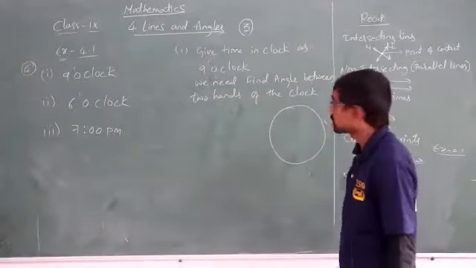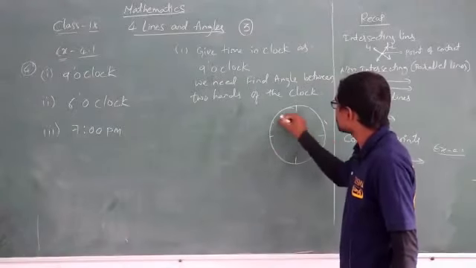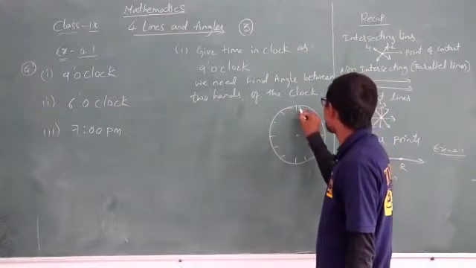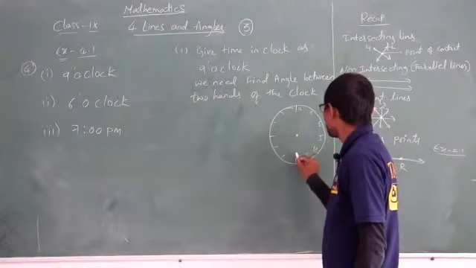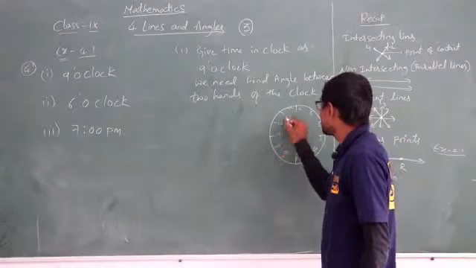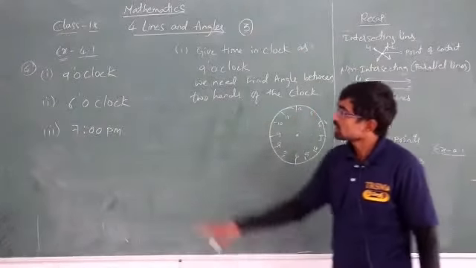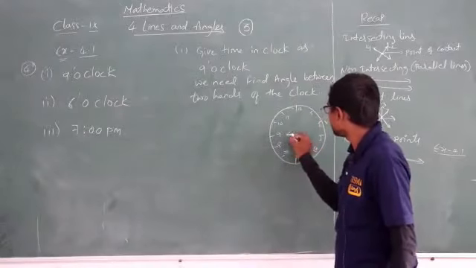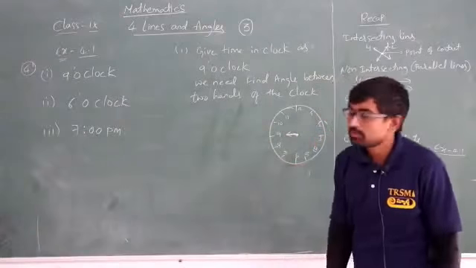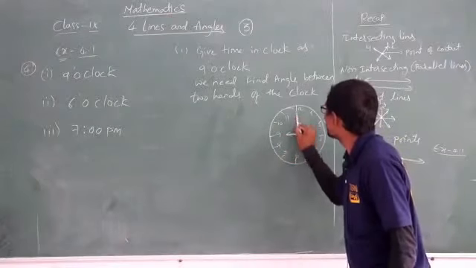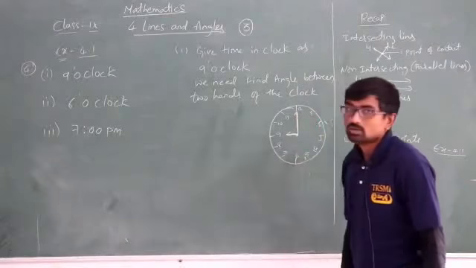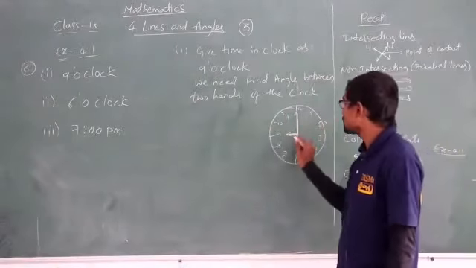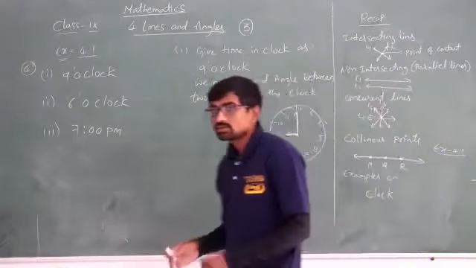So here we are having one clock, a circular clock. I am dividing this into 12 parts. Okay, so this is 12, 1, 2, 3, 4, 5, 6, 7, 8, 9, 10 and 11. Now the time is exactly 9 o'clock, isn't it? So the shorter hand, that is the hour hand, will be on 9 and the minute hand will be on 12. Okay, he didn't give anything about seconds, so we are neglecting the seconds hand. So we are taking this sharply in this clock. The sharp time is